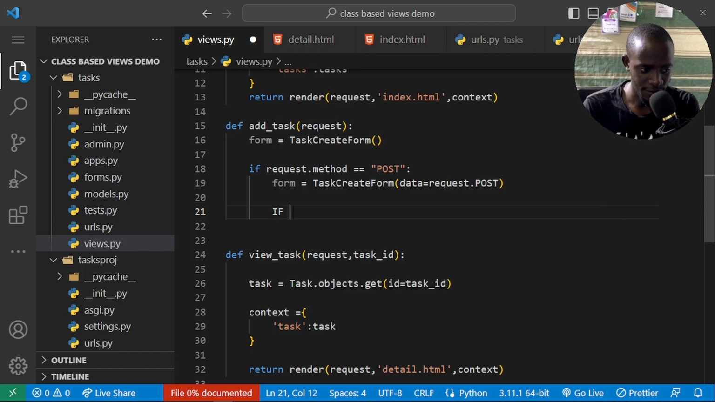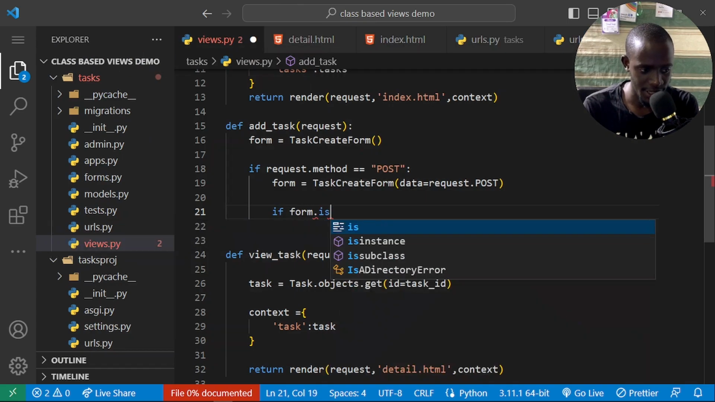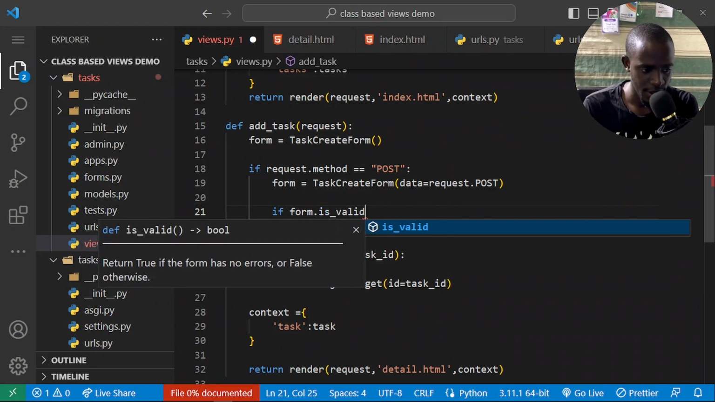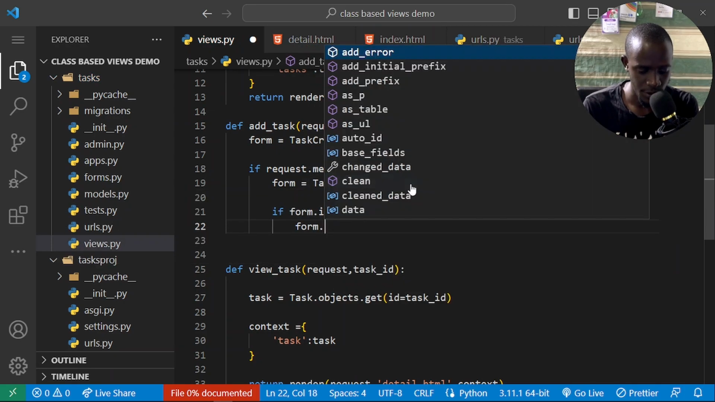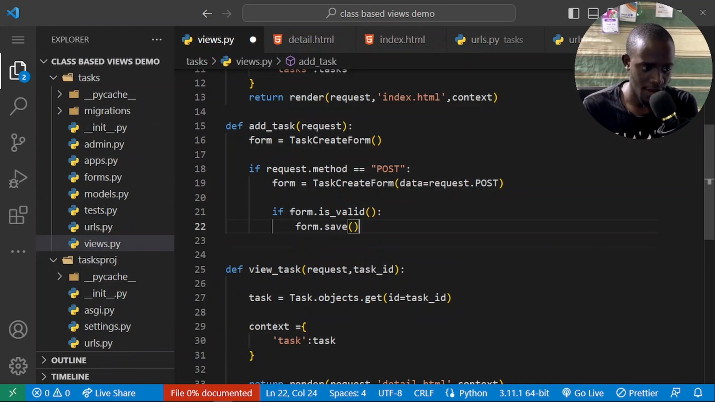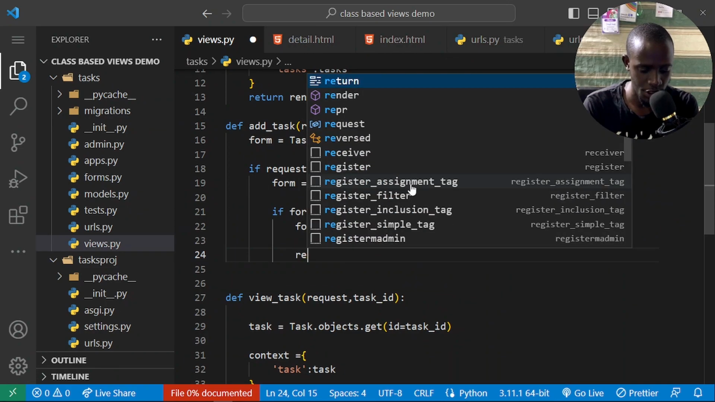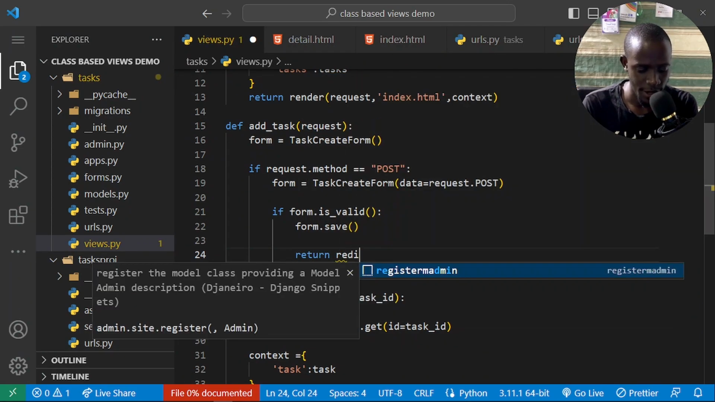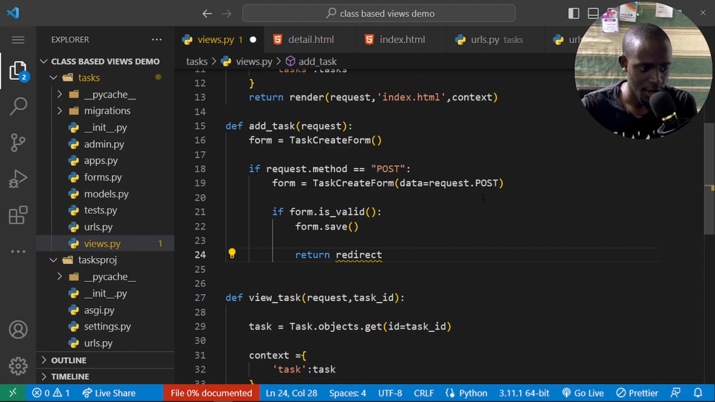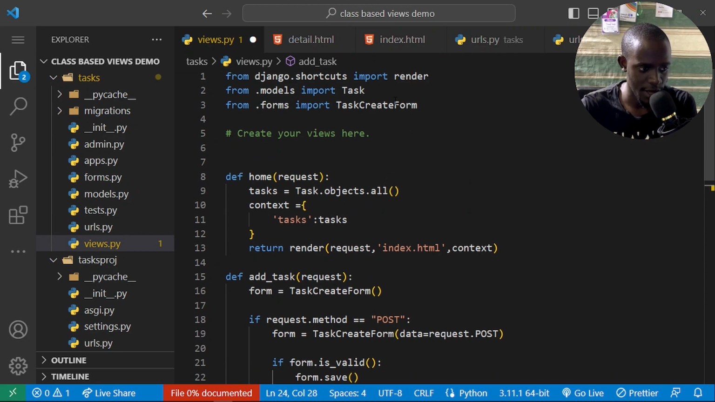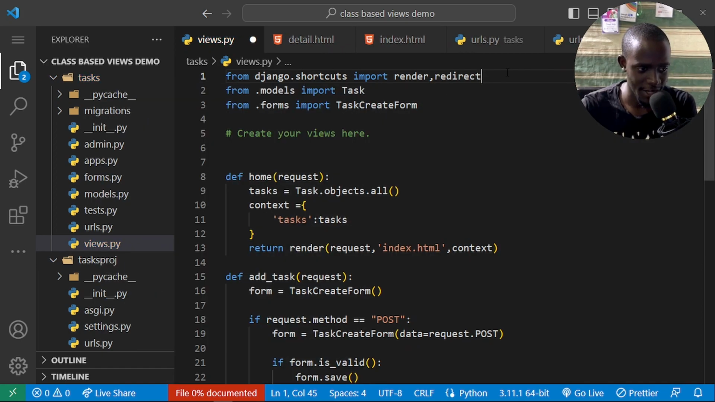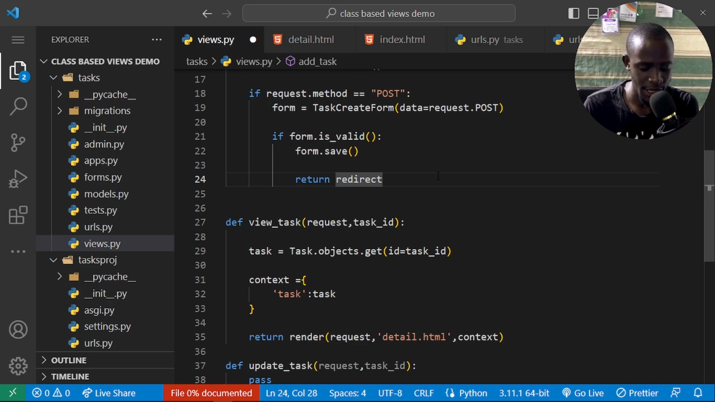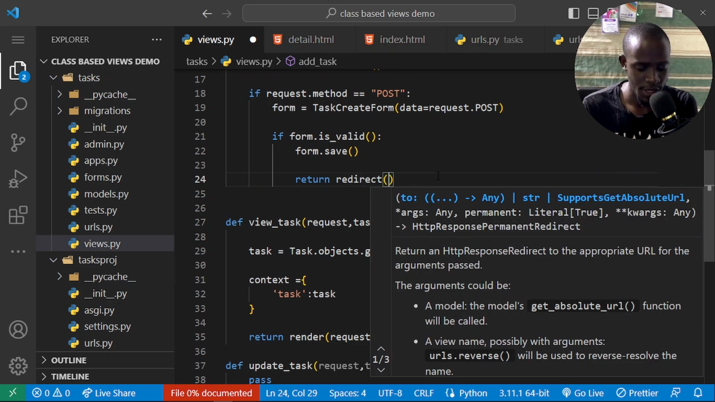So we shall say if form.is_valid. In this case, we are going to come and say form.save. And then you shall have to redirect back to our home page. So we're going to say return redirect. So we shall have to import this. Now this is also a shortcut from Django, so I'll come at the top and say from django.shortcuts import redirect, and then in here we're going to have to redirect to, and in this case I'm going